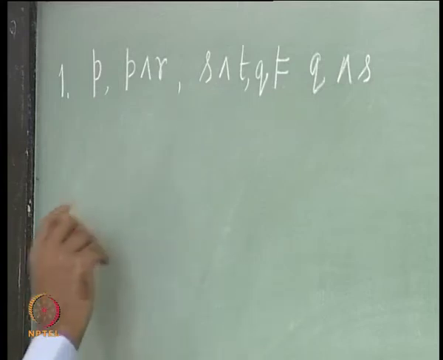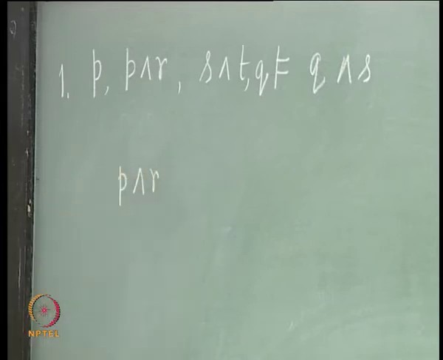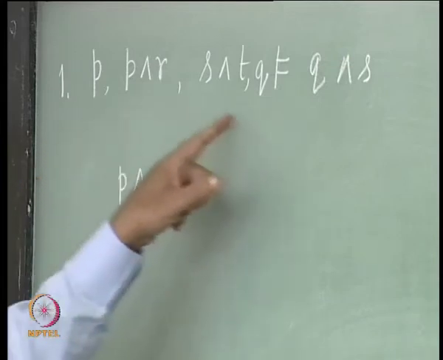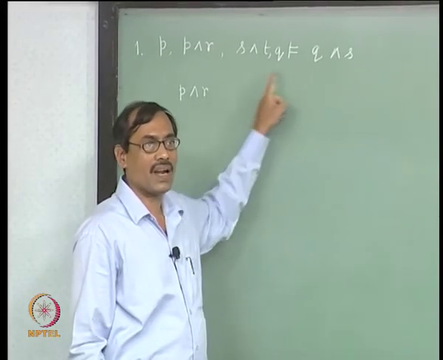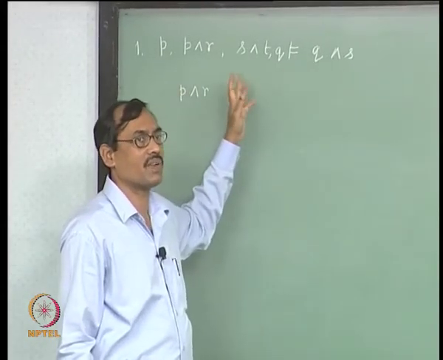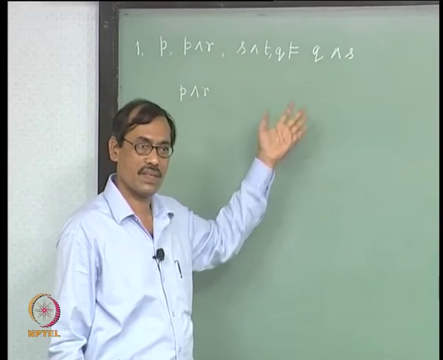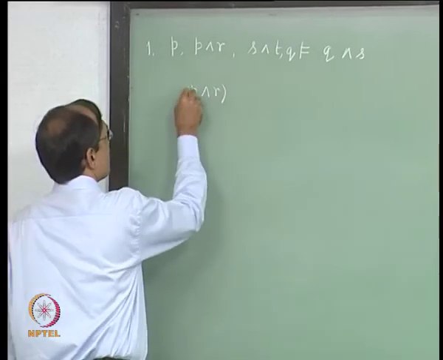So, let us start with say P and R, let us say P and R. See, all the premises are given to us and we want to conclude this. So, you can at a time say that all of them are given, therefore, I can AND them together, right. So, let us say all of them are ANDed.